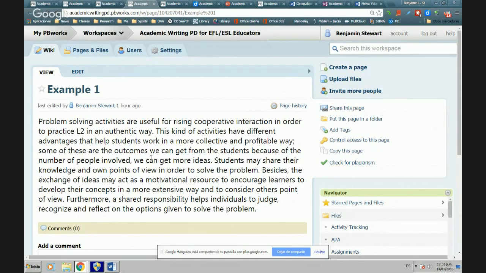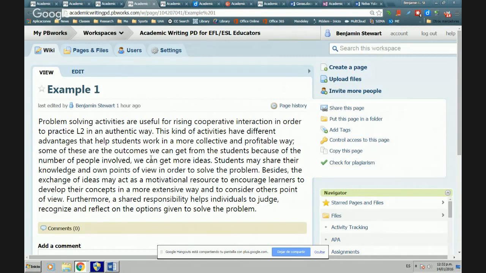Problem-solving activities promote cooperative interaction, or facilitate problem-solving activities. We've got some big terms here. For example, cooperative interaction, huge, right? Authentic, huge, right? Solving activities useful, and even in order to practice L2, huge, right? Those are three really